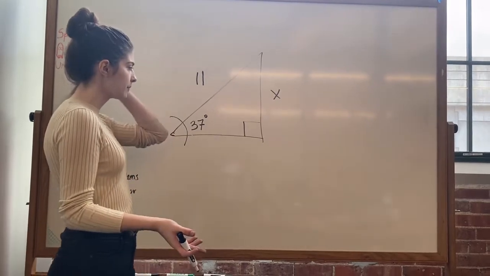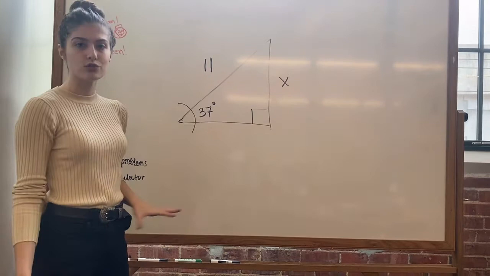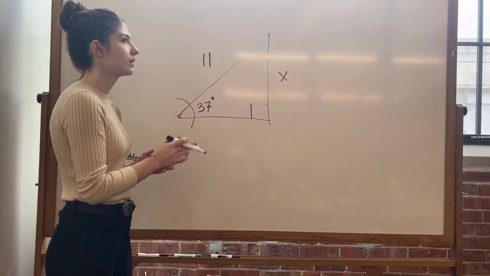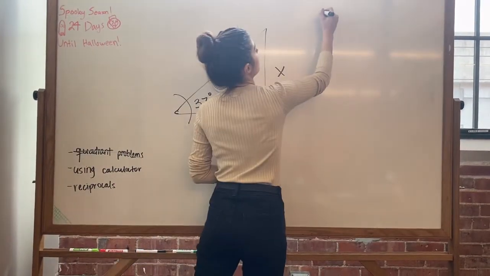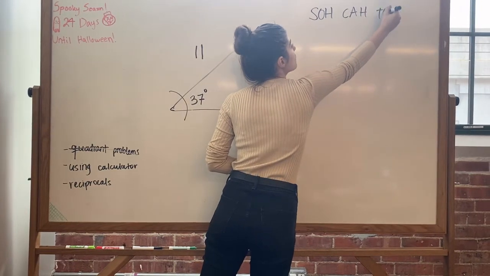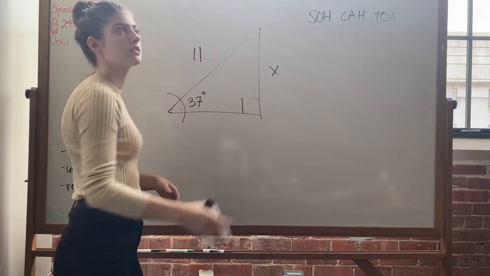How do we do that? Because we don't have all the sides, so we can't do the Pythagorean theorem. And this is why we use trig, because we can use this angle to find that side. How? This is how. So we need to look at SOHCAHTOA. And we need to ask ourselves, which of these functions, sine, cosine, and tangent,